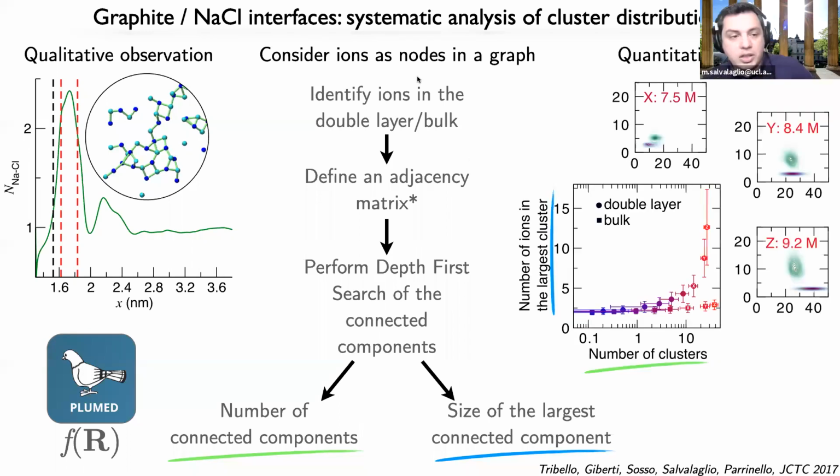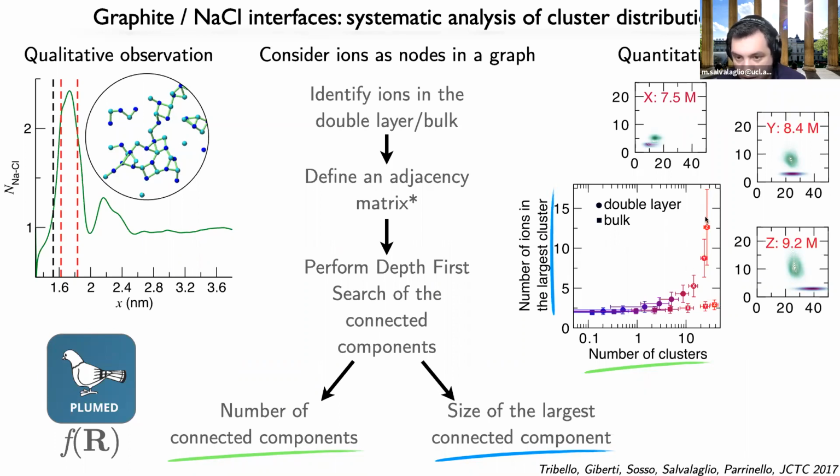And performing this type of analysis allows us to bridge from a qualitative observation of this phenomenology at the interface to a quantitative analysis of the same process. So in this case, Aaron has very nicely shown how there is a discrepancy between the double layer behavior and the bulk behavior. So in this plot, which is quite dense, but I think it's really nice,